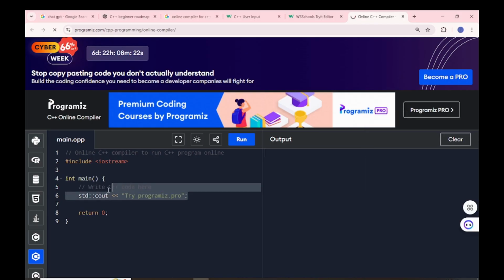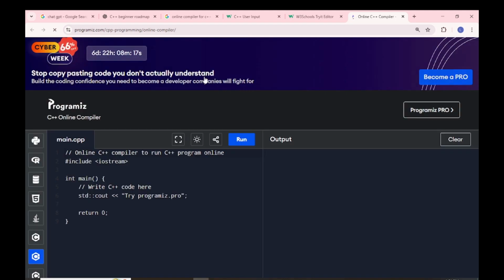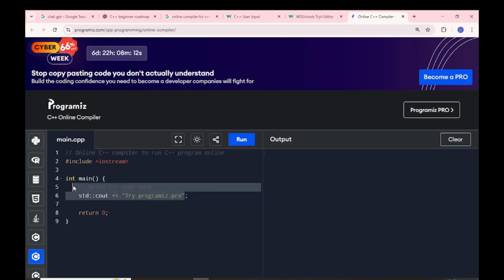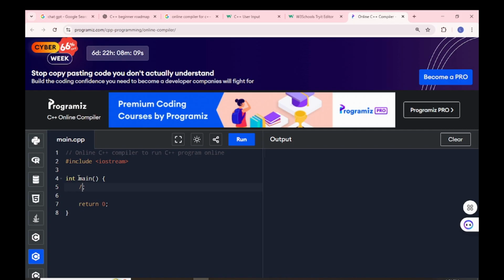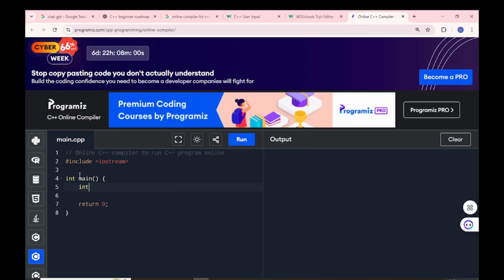We need to be patient guys. Integer x, y, integer sum. cout,